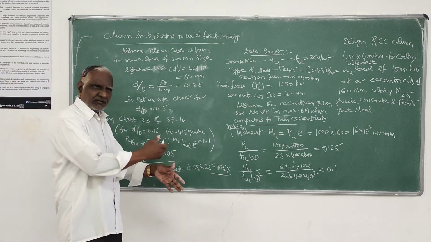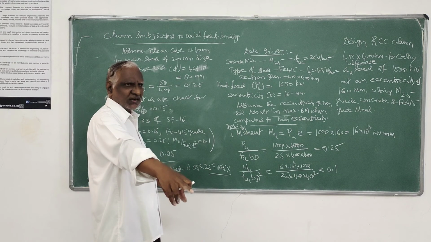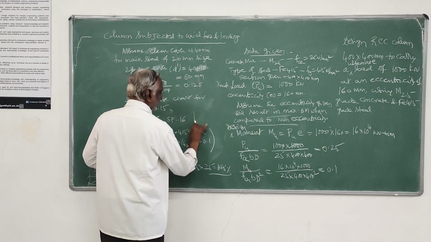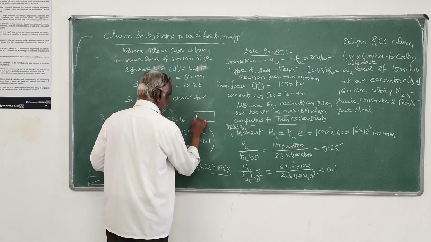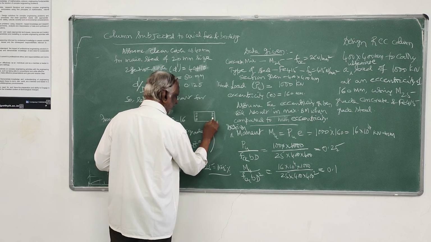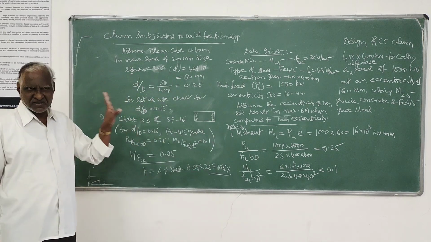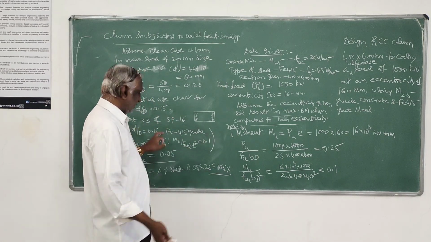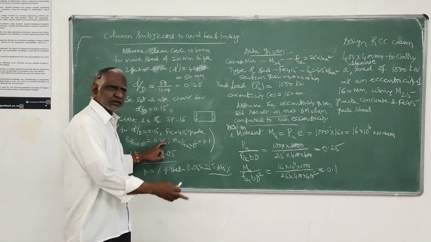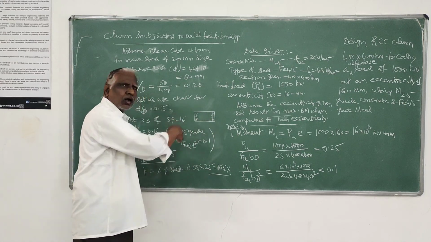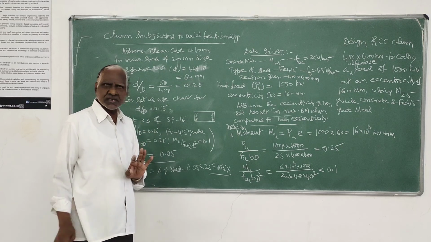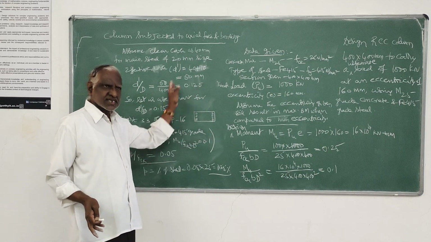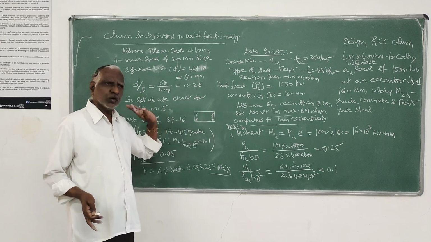Here you can decide whether to go all around, but you have used the chart already, chart 33, wherein the steel has been shown only on the two parallel edges. You can use the other chart also for the same data, where the steel is distributed all around. There's nothing binding on your part. You can use either distributed all around or only on the two parallel edges.